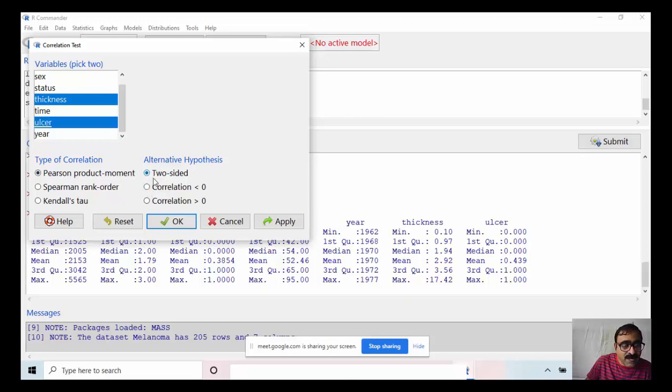Two-sided means the null hypothesis is that the population correlation coefficient rho equals 0, and the alternative is that rho is not equal to 0. If we choose one-sided, then it will ask whether the correlation is less than 0 or greater than 0. There are other options also, Spearman's rank order, Kendall's tau. So we choose here two-sided.